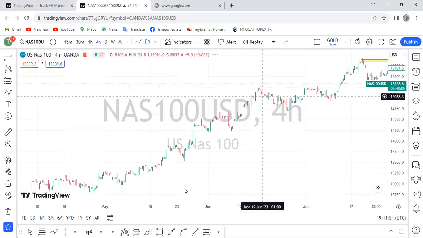We're in a bullish market. The market is going in an uptrend. With market structure, if we can start to look at this here,